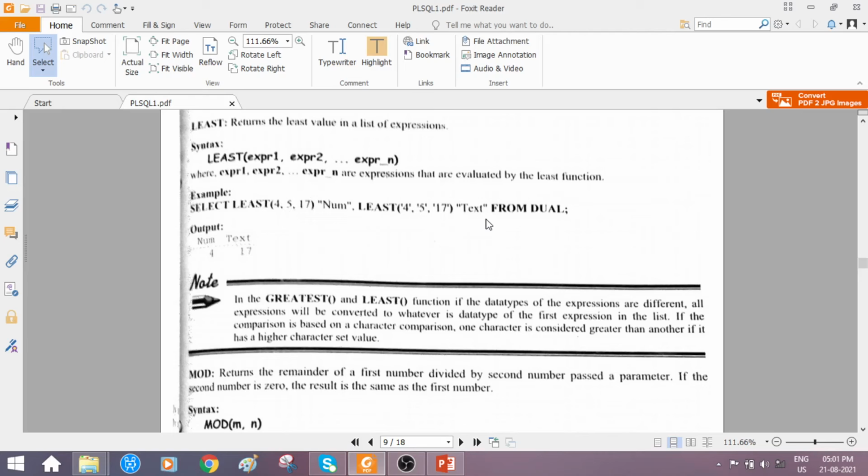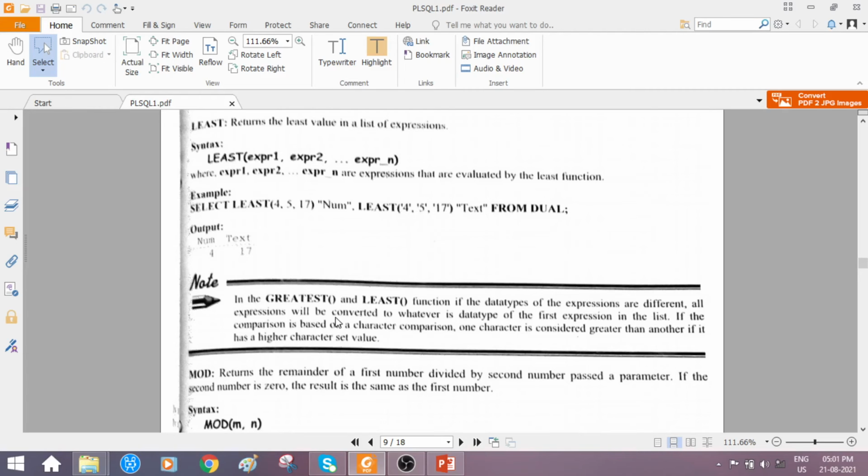Whereas in this list of expressions, the first expression is enclosed within a single quote. So the least function is going to consider this as a character type. As the first one is observed as character, the remaining expressions are also observed as the character type only.